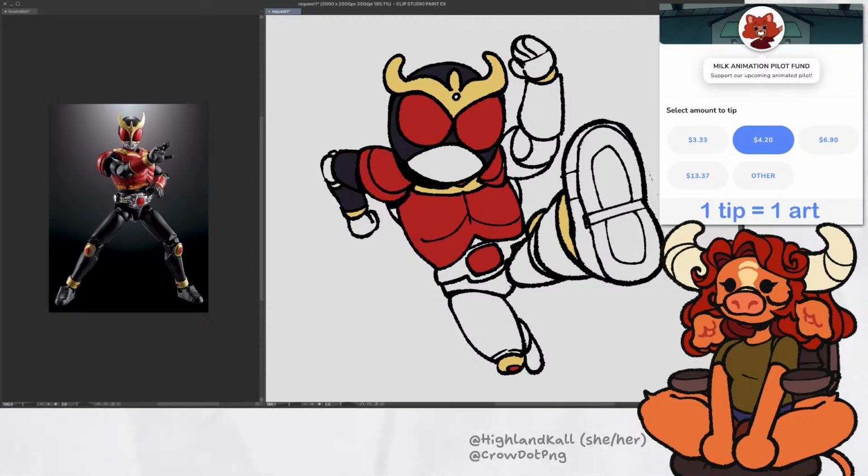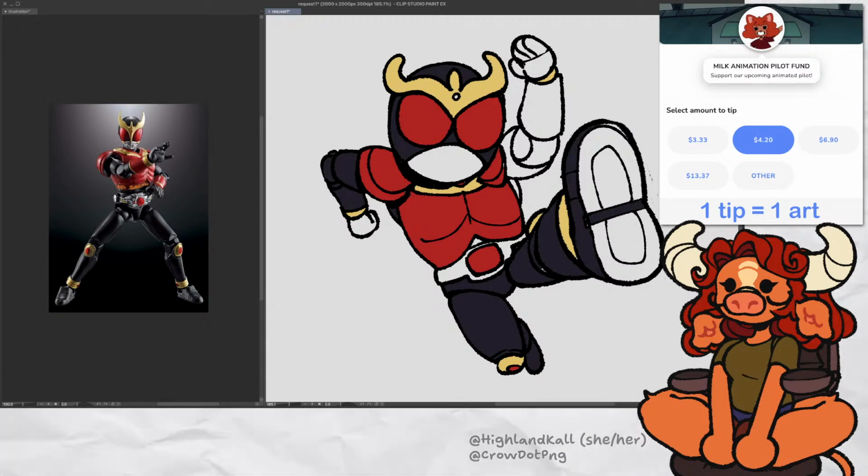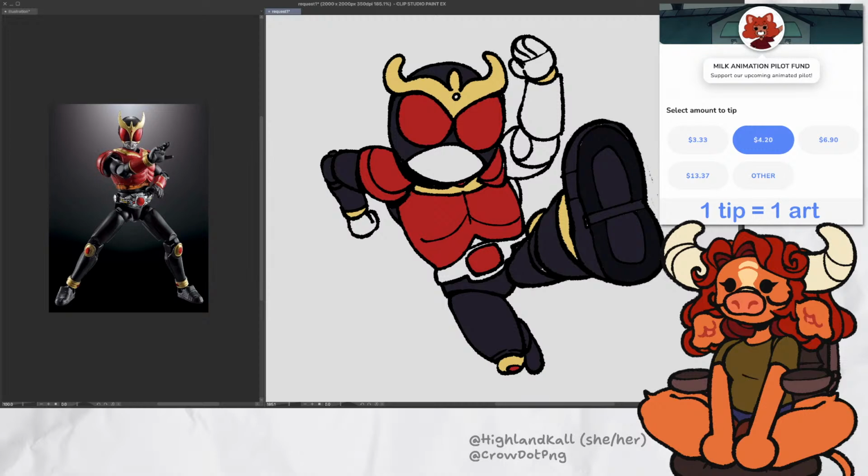Let's see here. And then I'm just gonna fill in all of this because it's an action figure, so I don't have to worry too much about the details. Actually, I'll make this a little darker for where his foot is going, and then fill this like that in the middle, and then, oh shit, wrong button.